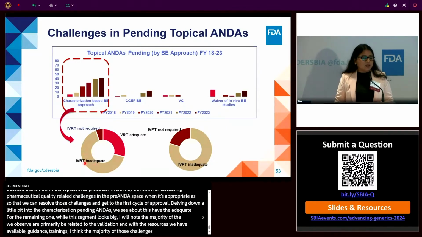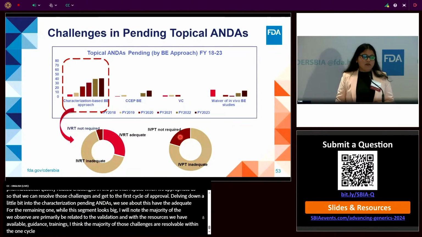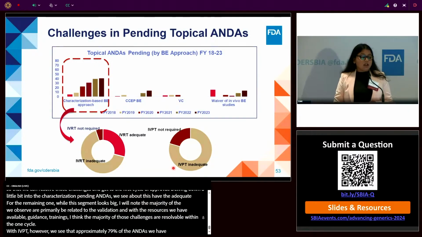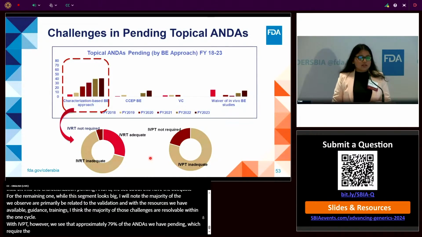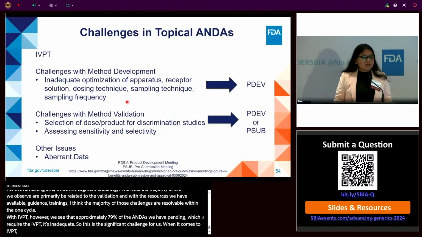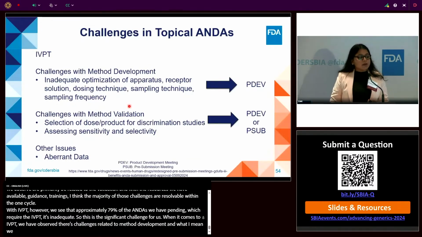With IVPT, however, we see that approximately 79% of the ANDAs that we have pending and which require an IVPT, the IVPT is inadequate. So this is a significant challenge for us. And when it comes to IVPT, we have observed that there are challenges related to method development. And what I mean by that is we observe that there is inadequate optimization, for example, with respect to the